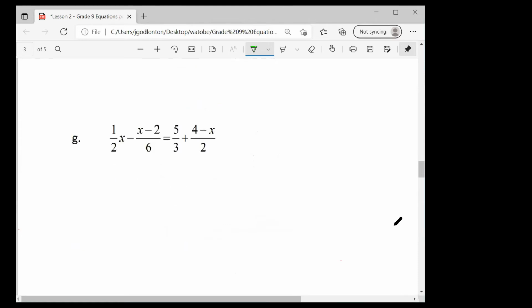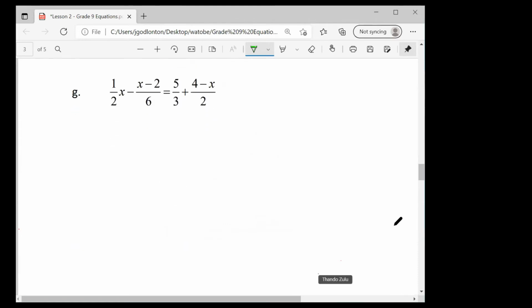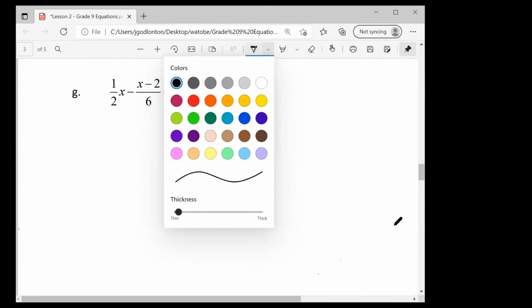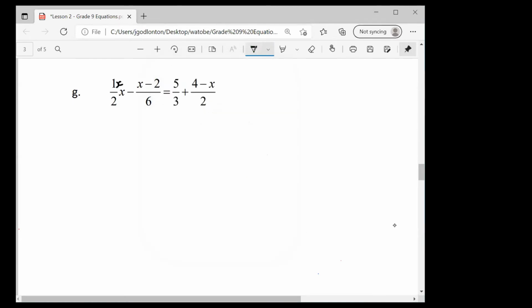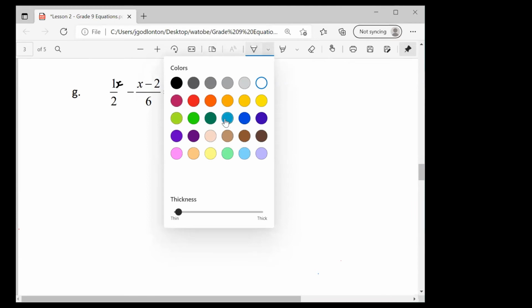So let's have a look at this question. I'm going to make it a little bit easier for you. And I'm just going to write this x. Imagine it was just up there instead of next to it. Okay, so we've got like 1x over 2. We're going to literally do this one step by step together, but in an interactive way. So I'm going to specifically ask people different questions. Don't feel bad if you are struggling with it. Okay, so Adaora, I'm just going to ask you the first question. If we're looking at these different terms, what would be my lowest common denominator?